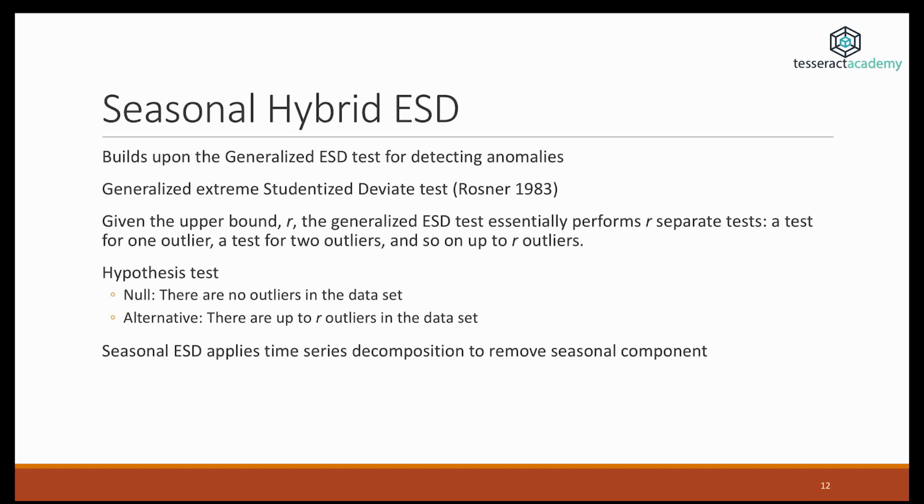The test that Twitter developed is called Seasonal Hybrid ESD, which stands for Extreme Studentized Deviate Test. I won't be going into many details. However, the main idea behind this test is that it detects whether a number of outliers are in the data set or not. It's an old idea which has been adapted to also include seasonality. It was first formulated by Rosner in 1983. And seasonality is obviously very important in social media data, and we already saw an example of that. We saw the example previously where the term puppy seems to be more active towards the beginning of the year.